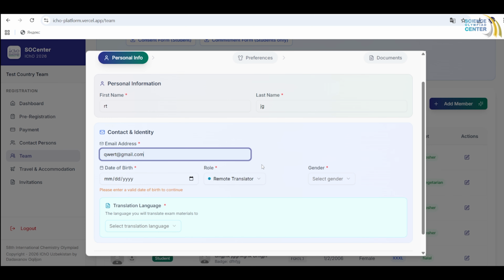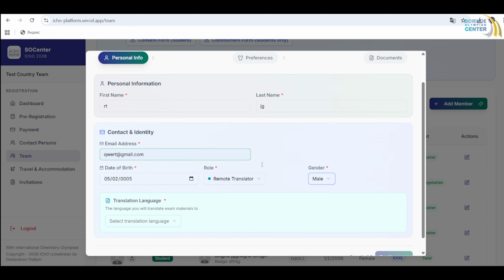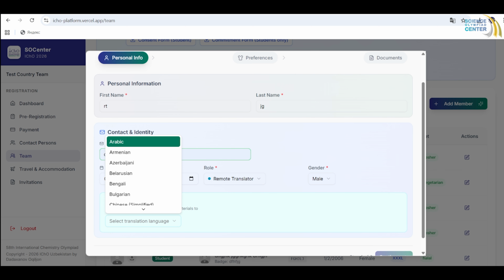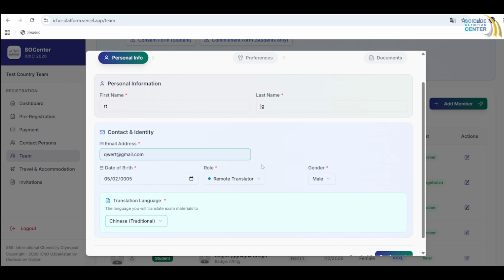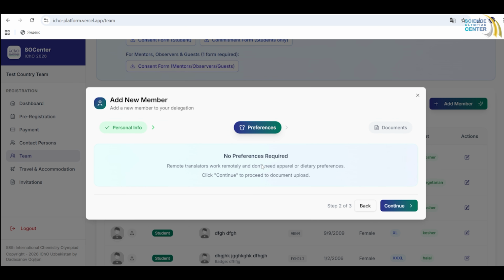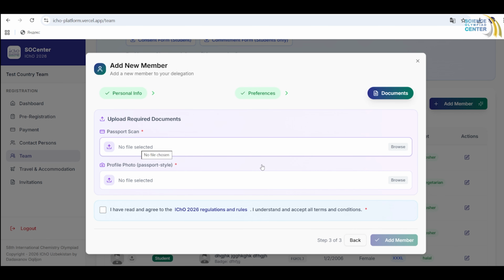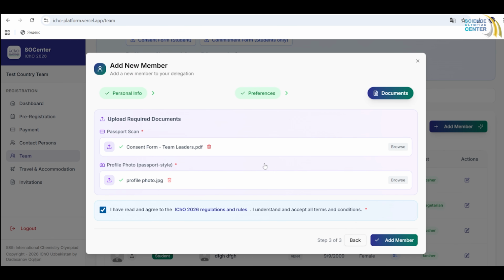So email address to contact them during the Olympics. Gender and translation language. Let's choose Chinese traditional one. Continue. So here, no need for the preference about accommodation or their t-shirt size. Continue. Passport scan, profile photo, and